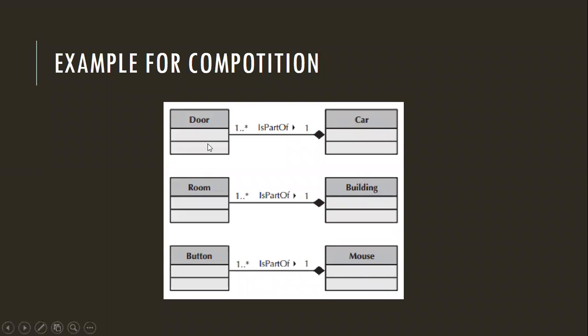Car door is something fully dependent on the car. Okay, it has just been designed for that particular car. So no point of just removing it, isn't it? So it's fully dependent. It is a part of a car and it is fully dependent on the parent class. Okay, this is known as parent class. Room is, okay, it is a part of a building. So assume that in your house you are having 3 or 2 rooms, right? You will be having more rooms. So can you just remove the room and use it in some other place?